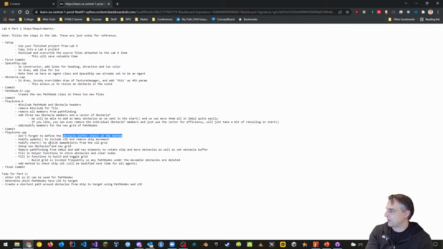We set up new obstacles and a new grid. We did that. Removed pathfinding from IAM-GUI. We did all that. Filled in helper functions. We did it in a different order, but one option at a time. Filled in functions to build and toggle the grid. We did all that stuff. Build grid is invoked frequently, so any path nodes out of the movable objects are deleted. We just showed that. And add method to check ship line of sight will be modified next time